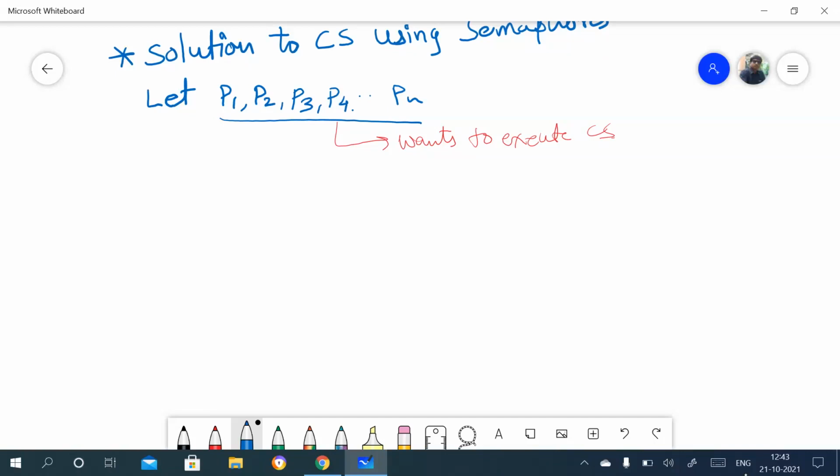To this side I'll write the previous one, and to this side I'll write the semaphore code. So what is that code? First the old code. Do, and here was the entry section code.